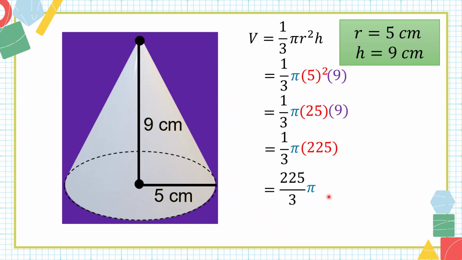Or sometimes, if the question is, find the volume in terms of pi, titigil na tayo dito. The answer will be 225 third or 225/3 pi. Okay, but if there is no instruction that the answer will be in terms of pi, we can simplify this. So 225/3 times pi, which is 3.14, the answer will be 235.5. And then since we are talking about volume, the final answer is V is equal to 235.5 cubic centimeters.